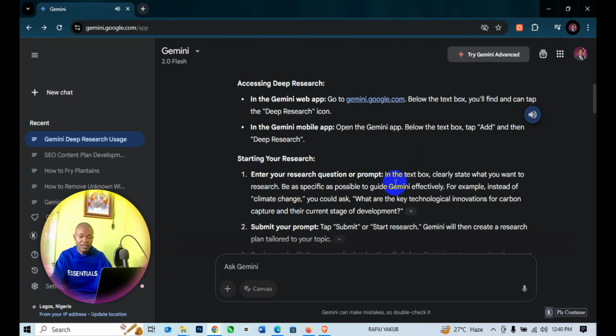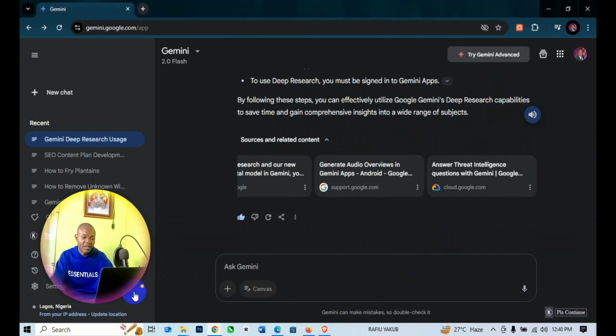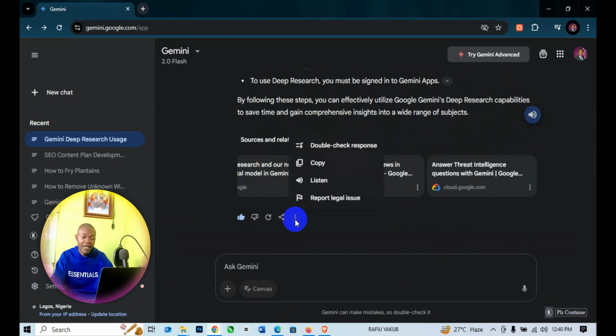So that is just it. You can simply listen to the result from Google Gemini AI. That's simple. Okay, so you can simply come down right here and click on more right here, and then use this particular copy icon